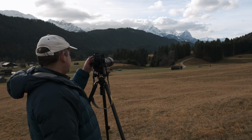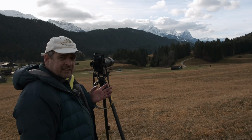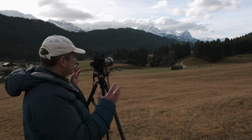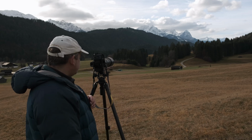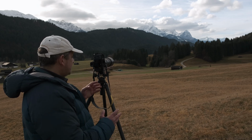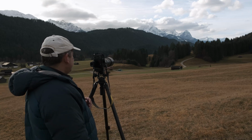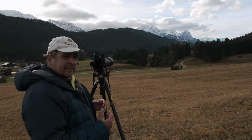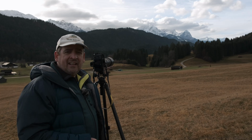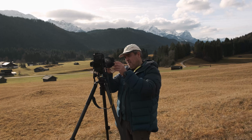We have some nice shadows at the moment, so I'm setting it in portrait mode because I want to have the mountains in the background, and I don't want a lot of stuff at the right and at the left. The hut is in the foreground, and then there's this very nice twisty road which leads more or less into the mountains. Actually, it leads a little bit towards the right of the photograph, but in order to make it lead into the photograph, you need to go stand somewhere over there, and then you don't have the right perspective for the hut. I'm doing one more exposure,